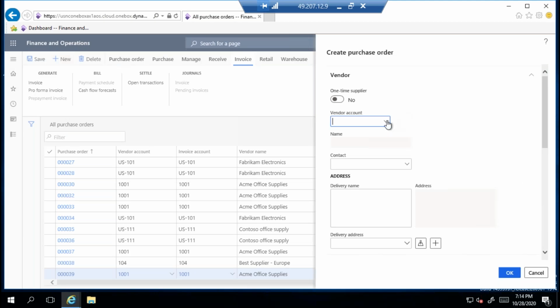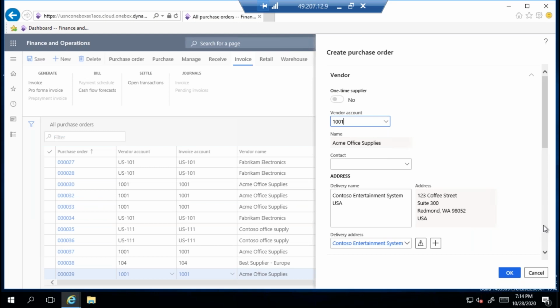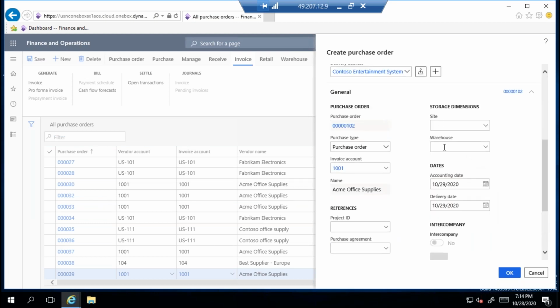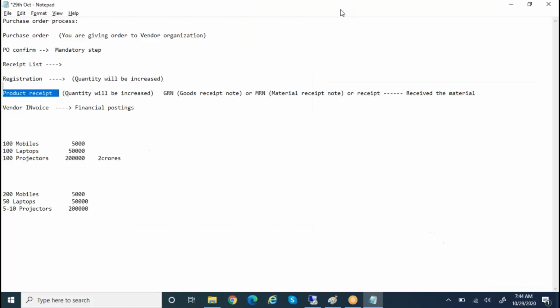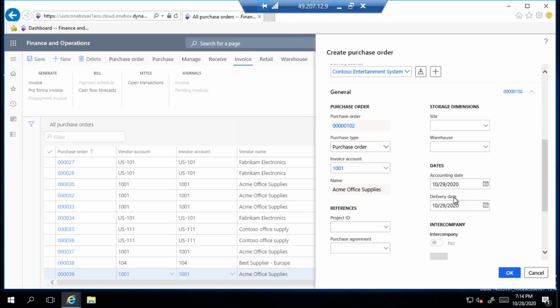You can select the vendor organization. Click OK. Here you can select site and warehouse. As I told you, the site is a big site, and under that I have warehouses. That is site and warehouse. You can select here, or you can select in the line details also, no issues.